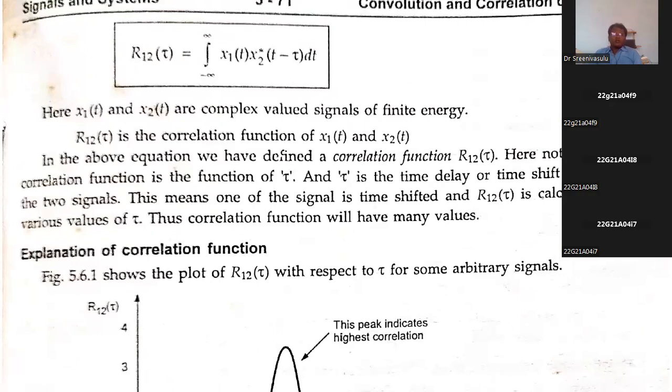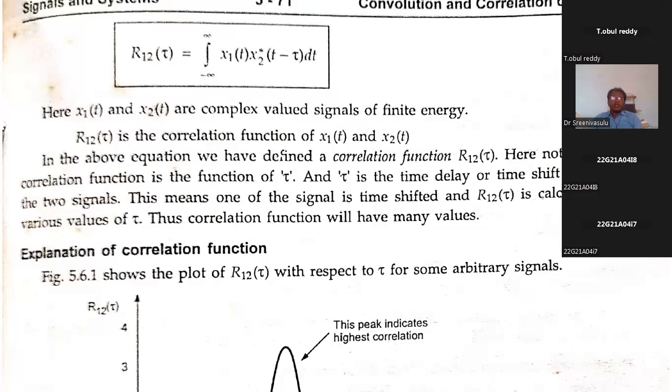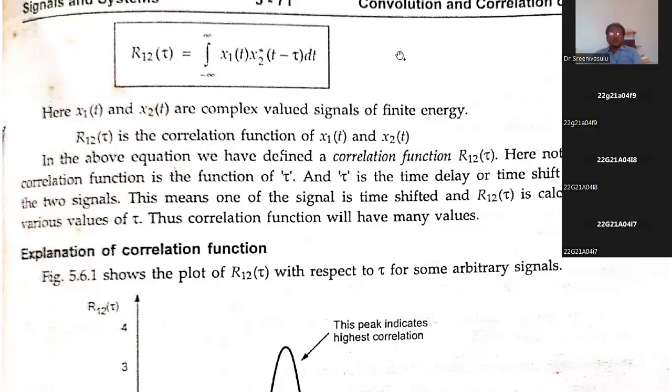Now you see, whenever we consider two different signals, that is x1 of t, x2 of t, one signal is x1 of t, another signal is x2 of t, then it is represented with correlation term R. So whenever there are two signals, two random processes in the PTSP, that is represented with xy. Now here instead of representing xy, we are going to represent with 1, 2. One represents one signal, 2 represents another signal.